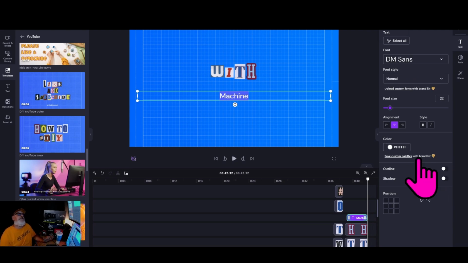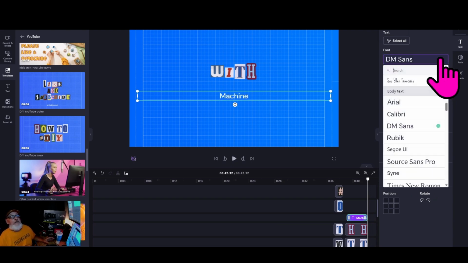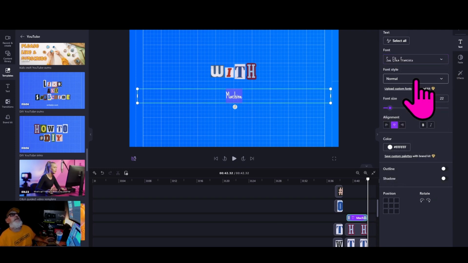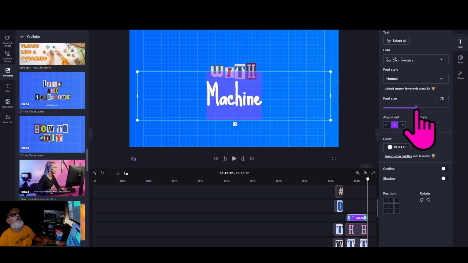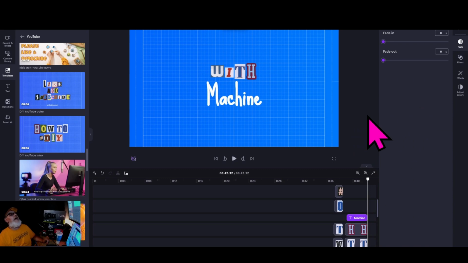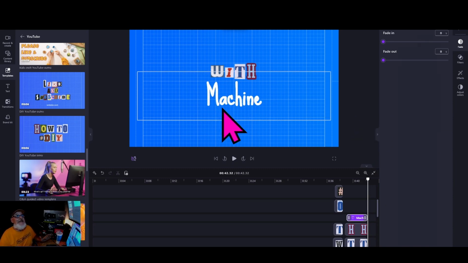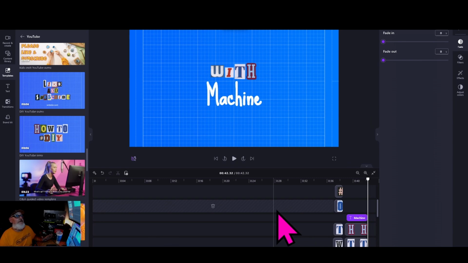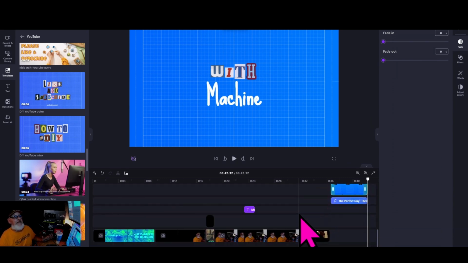So that's just to give you an idea if you want to mess around with it. You can mess around with it and make it anything you want. Depends on how big you want it, how small you want it. So that's just to give you an idea what you can do with this. And then once you got it all set,